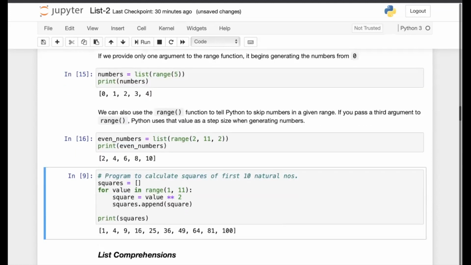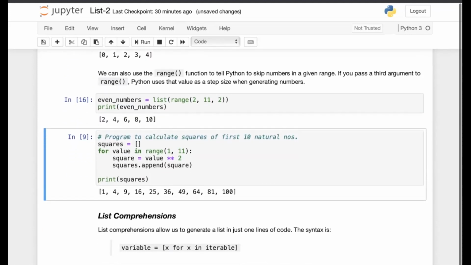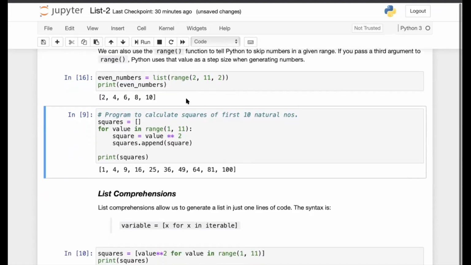So now let's see another example in which we calculate the squares of the first 10 natural numbers. To do this, we have the squares list, an empty list. The question is to calculate the squares of the first 10 natural numbers, which means from 1 to 10.